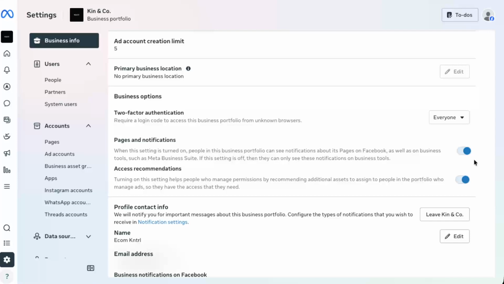After selecting Everyone, your settings should save automatically or prompt you to confirm. Once that's done, two-factor authentication is now enforced for your business. Each person connected to your business will need to set up their own two-factor method the next time they log in, if they haven't already. And that's it. You've successfully turned on two-factor verification in your Meta Business Suite account, helping protect your business from unauthorized